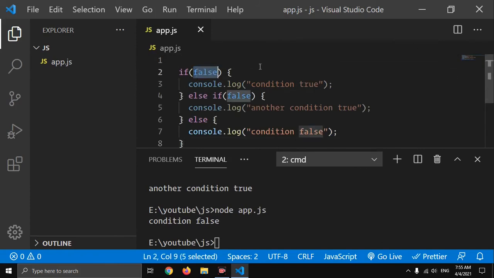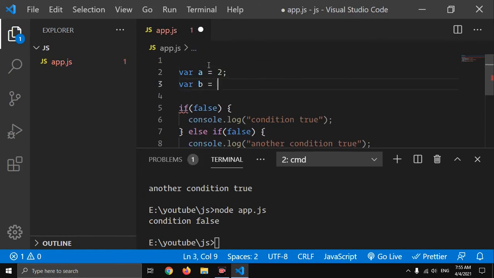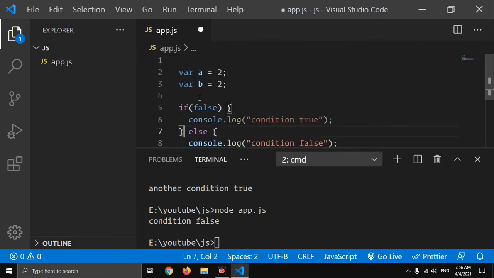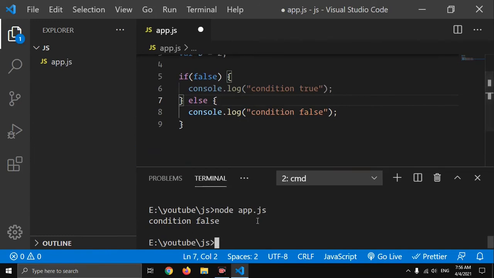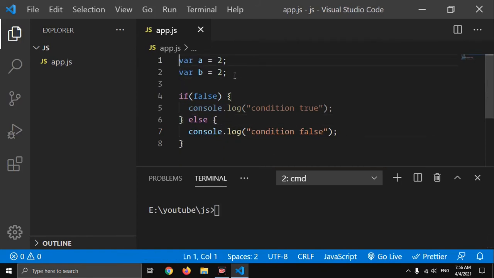Now we'll see how to give conditions with variables. Let's say we have var a equals 2 and var b equals 2. Now I want to check this. Here you can see I have declared two variables a and b with the value of 2. Now you want to check if these two values are the same, then we want to execute this line. To do this, we will write a equals to b. That means if a equals to b,